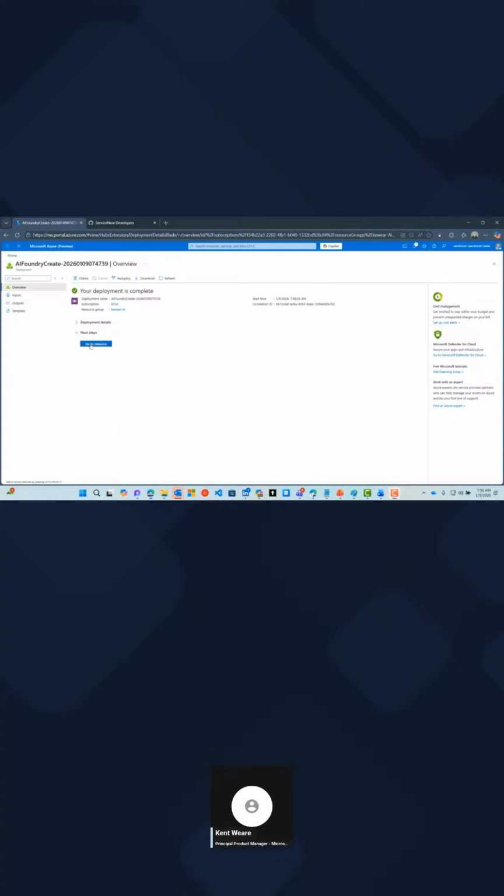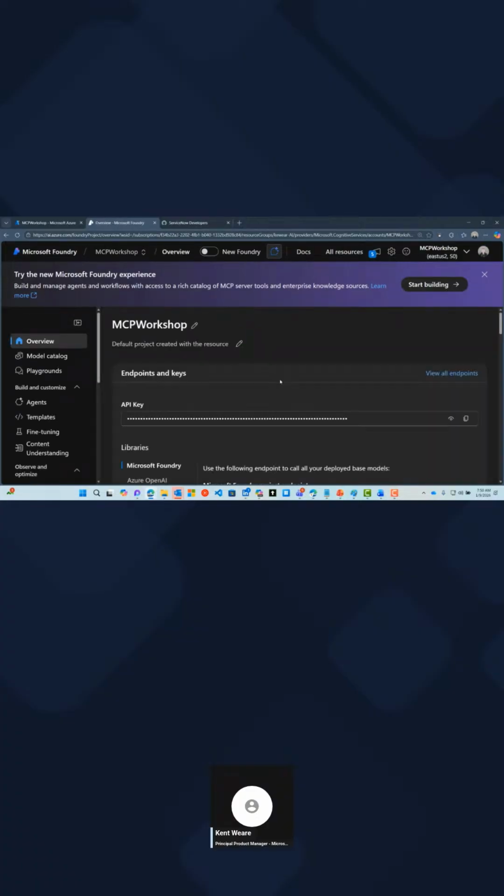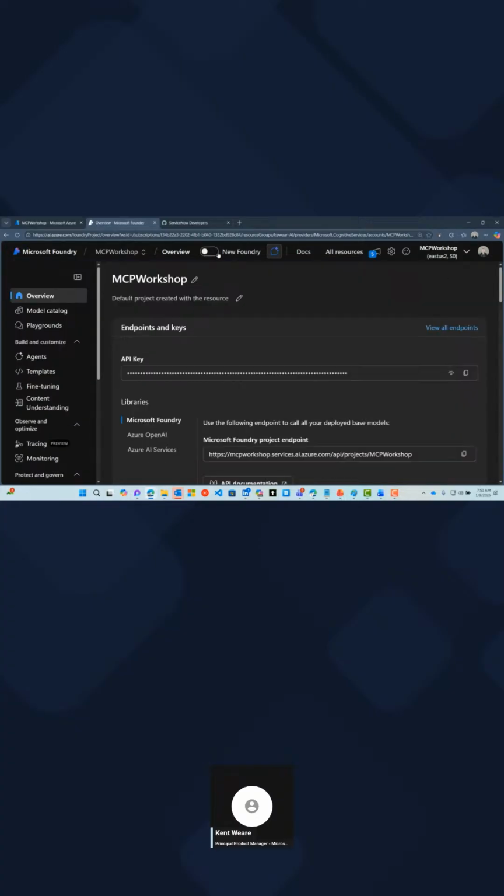Okay, our resource is available and is now complete. Now, we from there want to go to the Foundry portal, so we'll just go ahead and click on that. Something to be aware of is that as of Ignite, there's kind of two modes with Foundry because they're actively making some enhancements there. So we've got this notion of the old Foundry and new Foundry. For the stuff that we want to be doing, we want to make sure that we're in new Foundry.